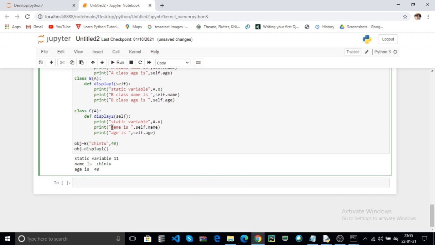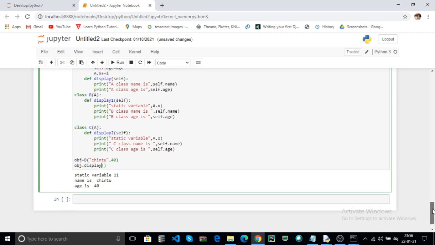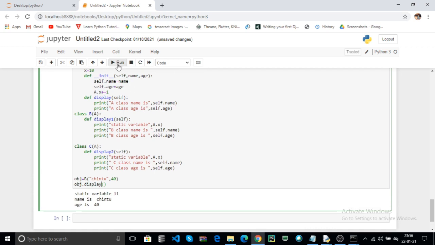Now C class name, C class age. Here first we use the display. Here click on the run.